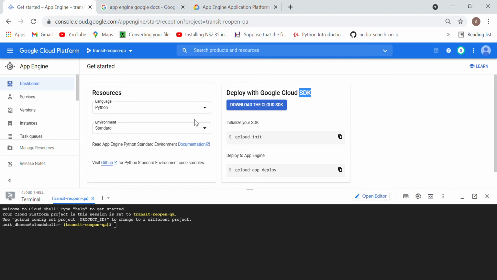In order to create an application, you just need to download this and go to the path where you kept this file, and you just need to run this command. So what is gcloud init going to do? Gcloud init is going to initialize your SDK, means it will start the SDK, and this will deploy the application, means it will start your App Engine. Once you start your App Engine, you will get an environment where you can start writing the code for your application. So this is called an App Engine. So in this way it works.